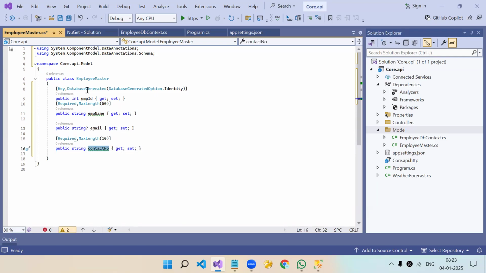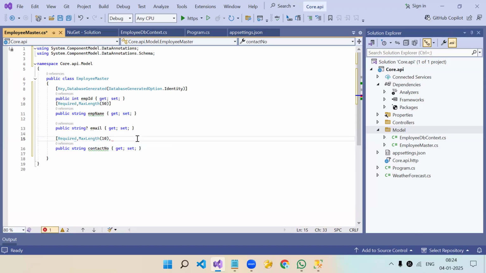Nothing but a property of the employee class. So in Angular also, what do we do with a property? We use @Input and @Output, something like that. So for this property, we are specifying the rules and regulations. Okay. So like contact number is required and it needs a maximum length of 10 digits and we need minimum also,